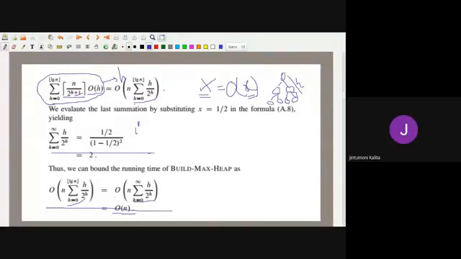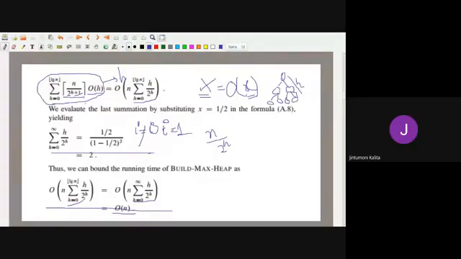Then, sir, how n by 2 to the power h plus 1? Why do we divide the expression by n? I didn't get it. However, in the Cormen book, Introduction to Algorithms, they start i from 1, while we start from 0. That's why they put 1 there. Otherwise, in our case, it is 2 to the power h. That's the same thing, no? No, sir, I am asking about this tree.